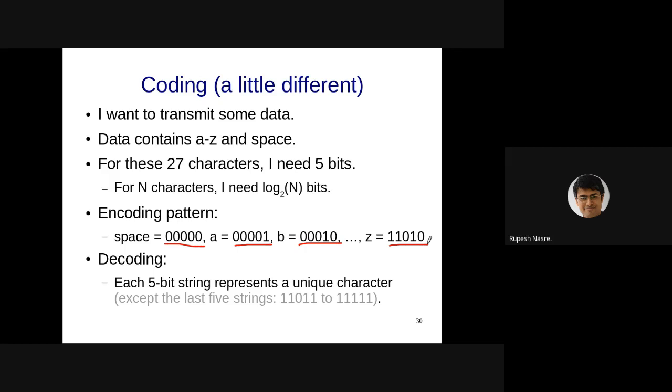Right? And how do I decode that? Well, I just take the 5-bit string, so 5 bits from each of these in the given string, and each of these 5-bit groups is going to represent a unique character. Therefore, I'll be able to do a reverse map: given a particular code, I'll be able to figure out what character it represents. So I can do an encoding easily from a message to a bit string, and then decoding from the bit string back to the message. Right? Does this seem reasonable? Any questions on this part?